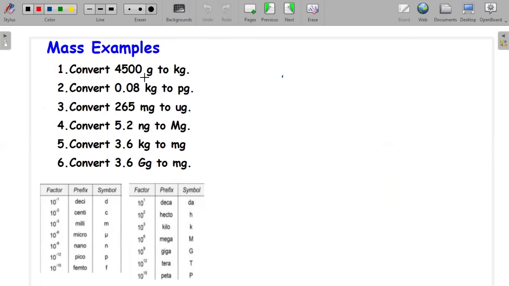4,500 grams to kilograms. So this one will be 4,500 grams. We are converting it to kilograms. Okay, so here we see that we do not have any prefix here. So that is 10 to the power 0. Then here it's 10 to the power what? 3. So this will be